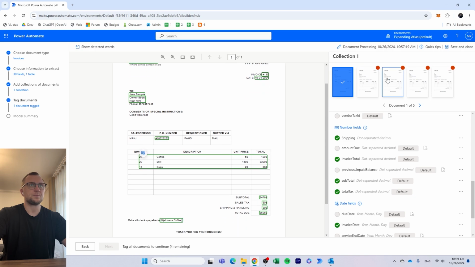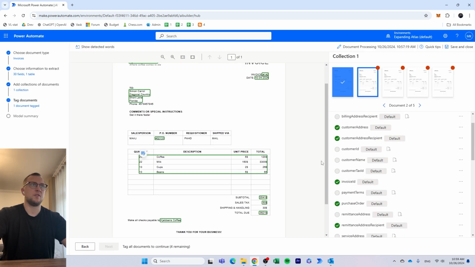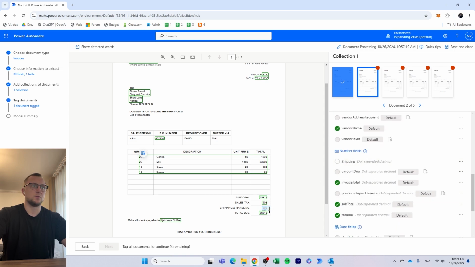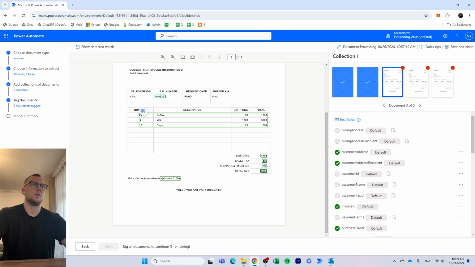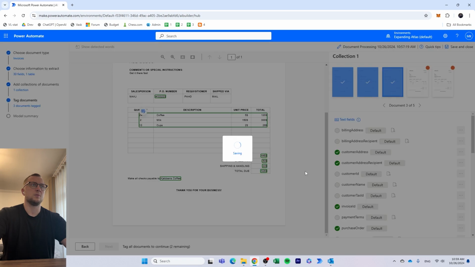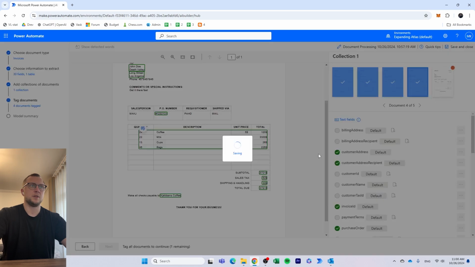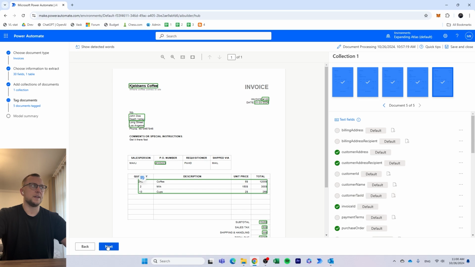It looks good. So we will go to the next document, and we will then have to do the same. It's finding everything as per the first document also, but it's again not finding the shipping. So we will highlight this and add it to the shipping, and we will do so again for the next couple of documents here, so that it's all aligned. We highlight it, add it to shipping, and we highlight it, and we add it to shipping. So now we can click next,